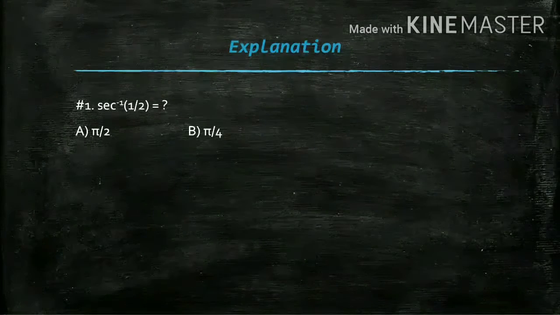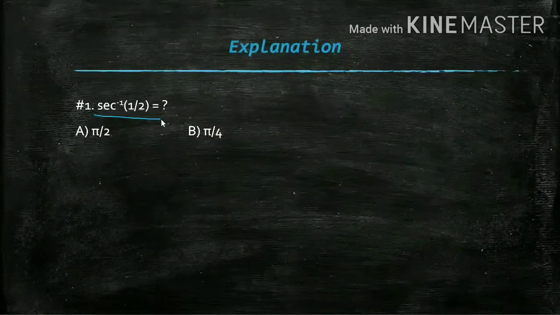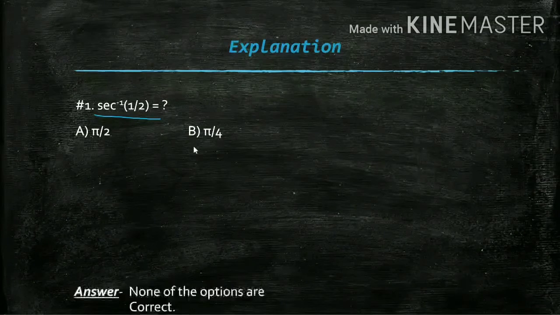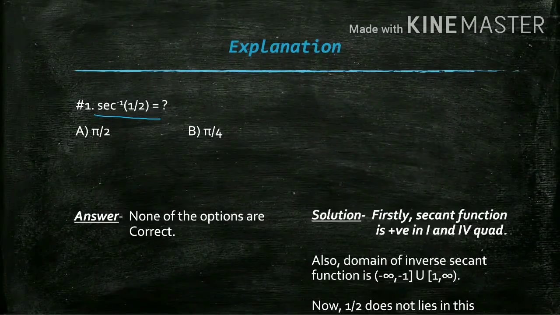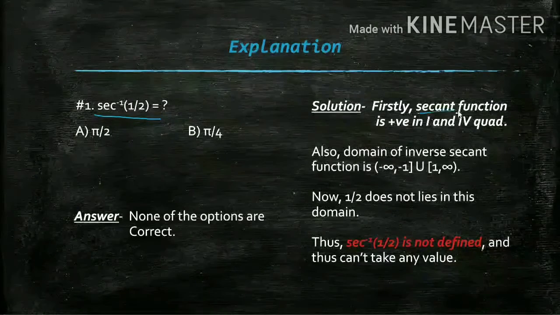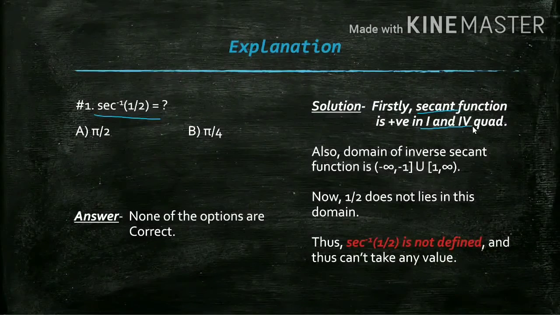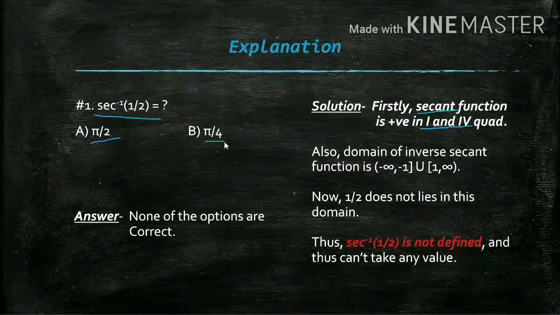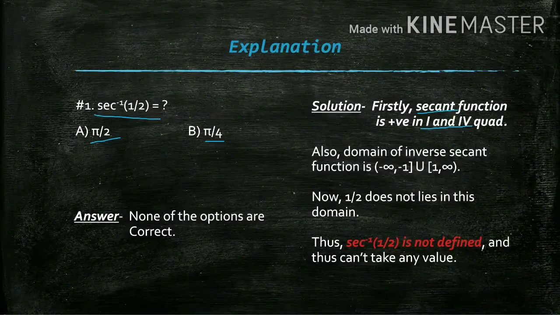For the first one, sec inverse of half, whether it is pi by 2 or pi by 4, it's none. Why? Same trick. Secant function is positive in the first and the fourth quadrants. Pi by 2 and pi by 4 lie in the first quadrant only. Okay, now,